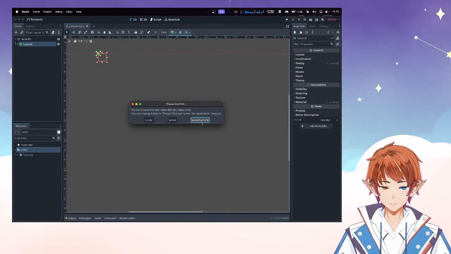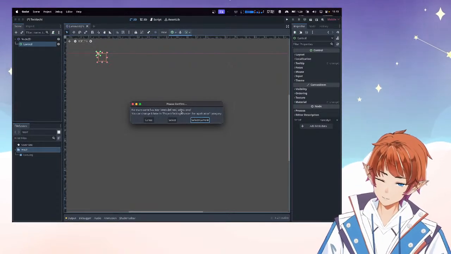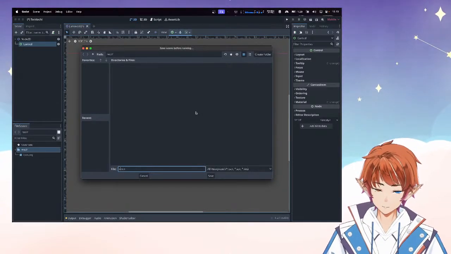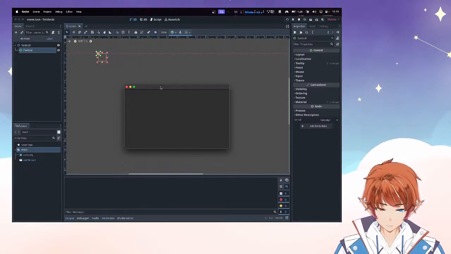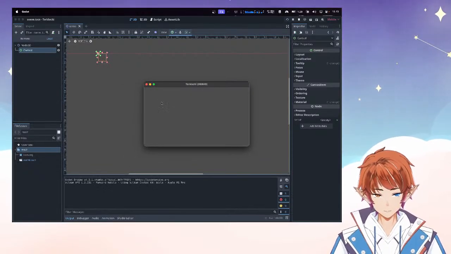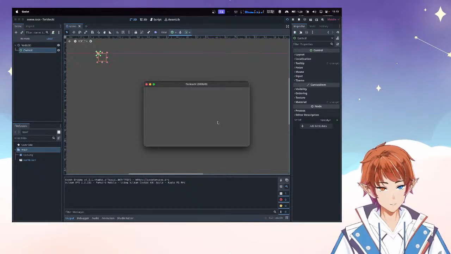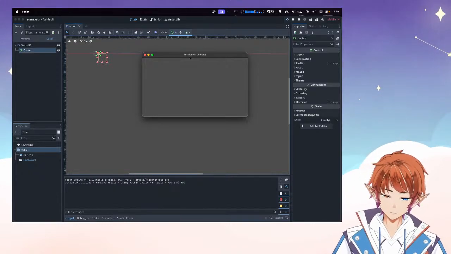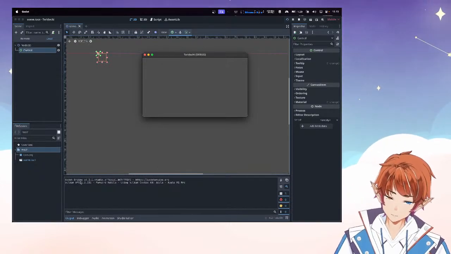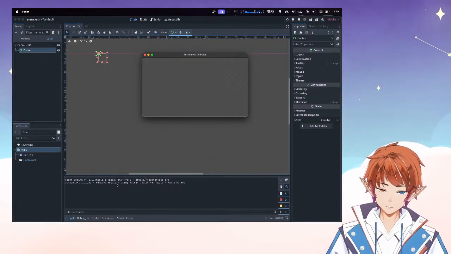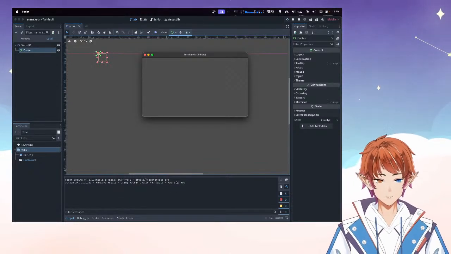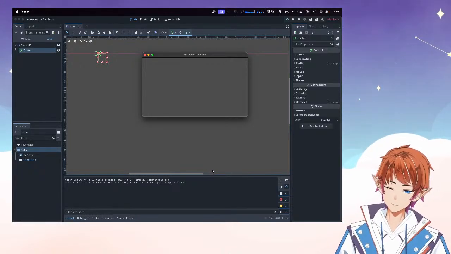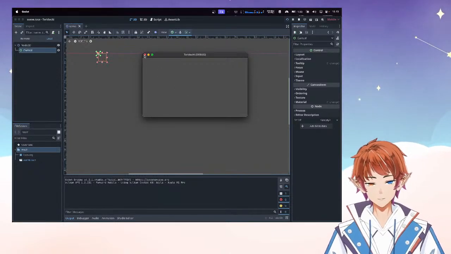Let's try and run, see what happens. Main scene has been defined. Select current. Scene. Okay. That's absolutely nothing, I kind of expected. Okay, so it's using the Vulkan API, using Vulkan device Apple M1 Pro. I don't have a Vulkan device. macOS doesn't support Vulkan. I don't know what's going on. Anyways,